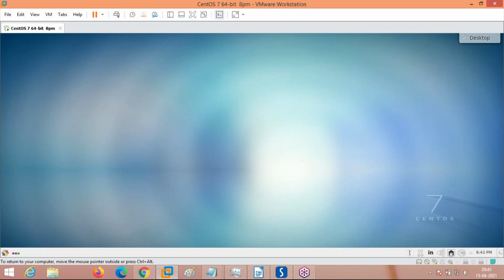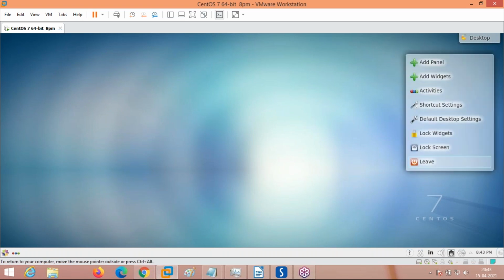And one more thing, it doesn't mean that you have to work between these two only. There are multiple other desktop environments freely available. You have to install them on your server, then you can work with other desktop environments apart from GNOME and KDE. Remember, I'll show you later how to deploy those kinds of desktops which are not freely available. So again, I'm logging off.